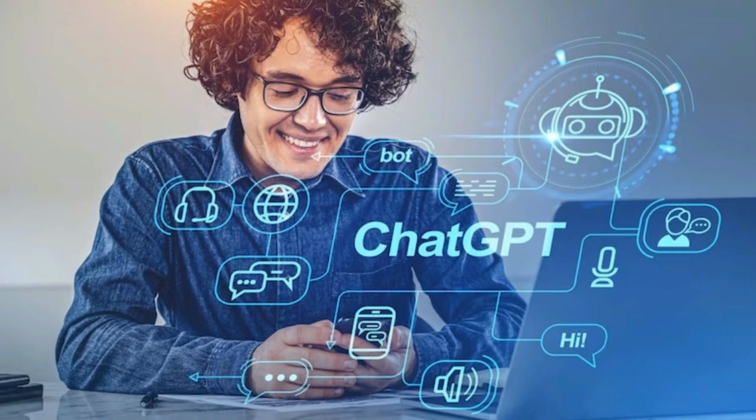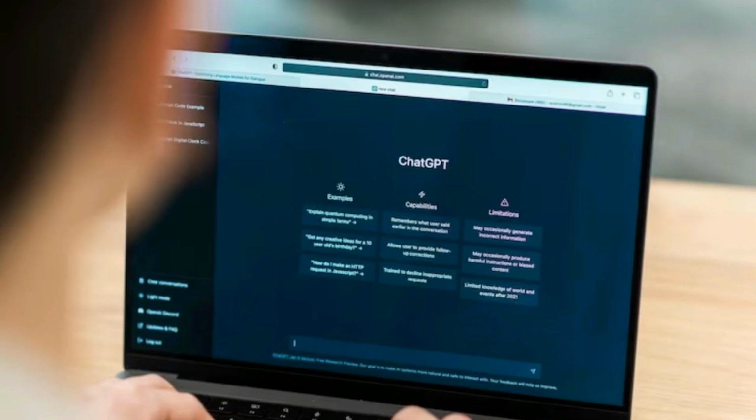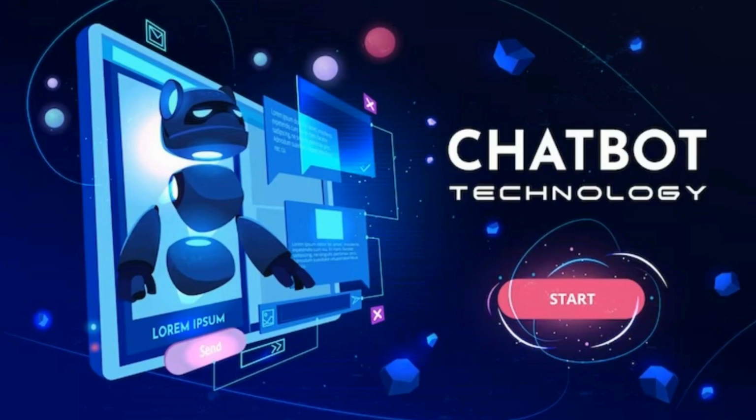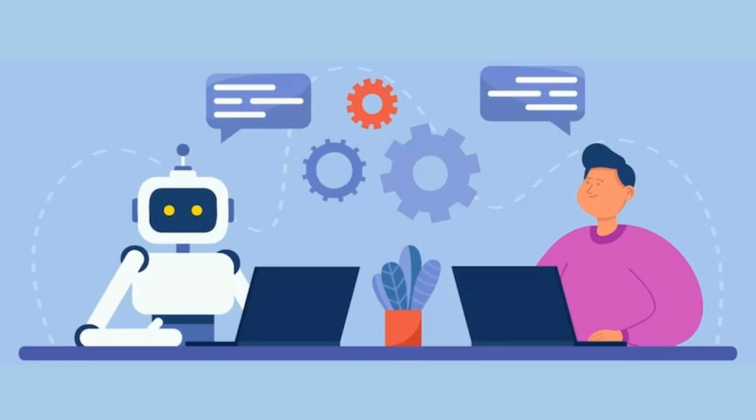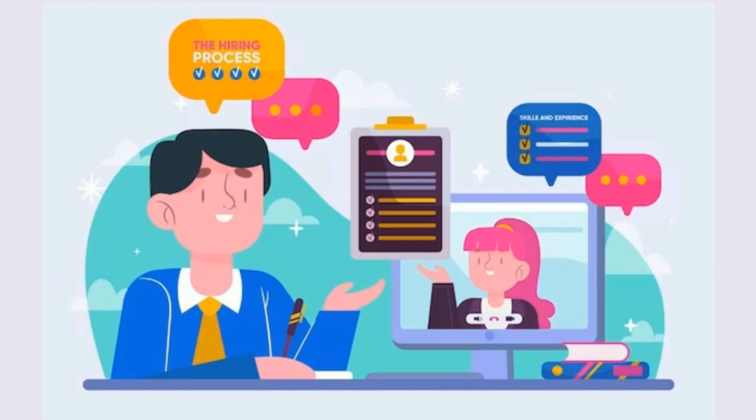How to use ChatGPT. So for those who don't know, ChatGPT is an artificial intelligence chatbot which was developed by OpenAI and launched on November 30, 2022. ChatGPT is an AI chatbot that uses natural language processing to create human-like conversation dialogue. It will respond to your questions and you can compose written content including articles, social media posts, essays, code and emails.